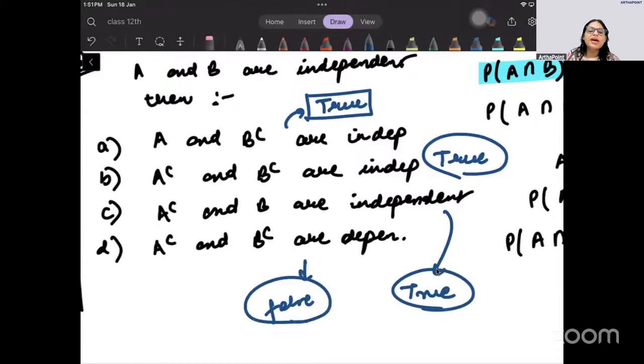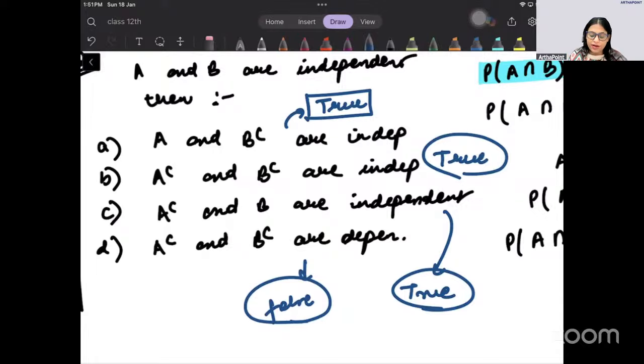Whenever A and B are independent, अगर A और B independent हैं, तो A and B complement भी independent है, A complement and B complement भी independent है, A complement and B भी independent है. All of them will be independent of each other. Okay. So this is important for you to use in your exam, because sometimes they will ask you to find,